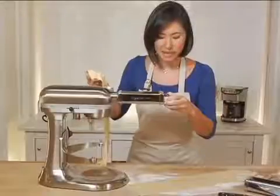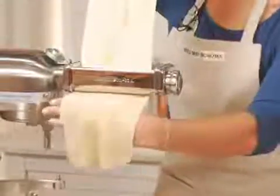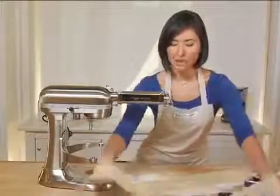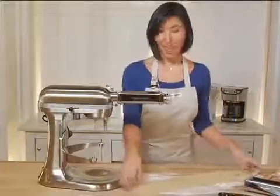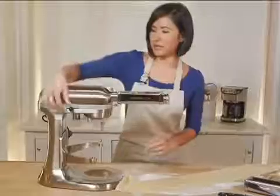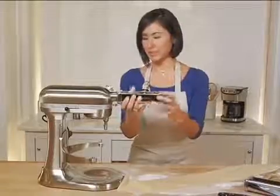And let's move our setting up to number 5. It is the perfect thickness now for fettuccine. Whatever noodle you choose to make will have its own specifications for thickness, but that is ideal for what we're going to make today. I'm going to turn off my mixer now, and we're going to remove the roller attachment